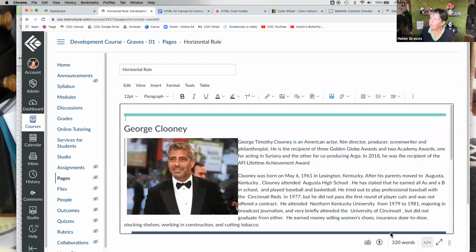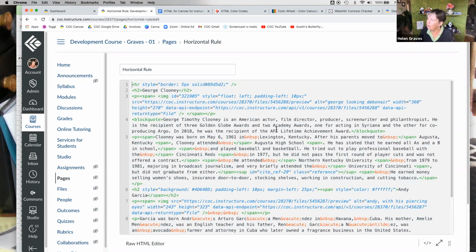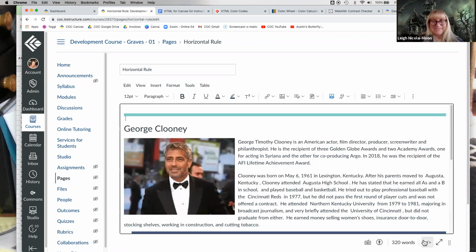When I go back and look, what did I do wrong? Oh, I know. The image is on the left, so my padding has to be on the right because it's between the image and the text. Okay, now you're going to see. There, I have that nice little space between the image and the text.